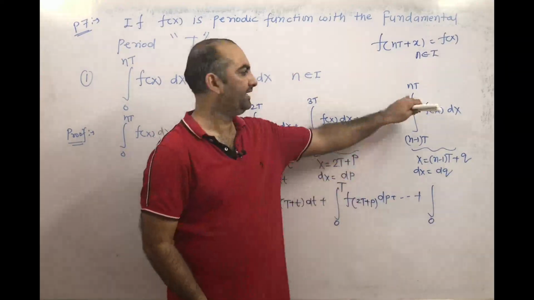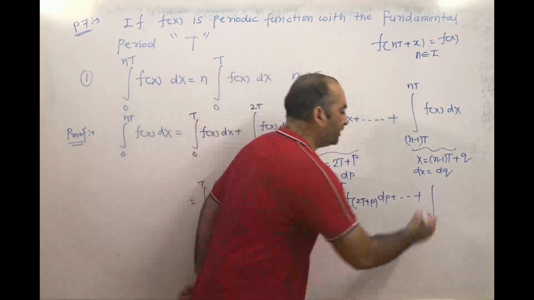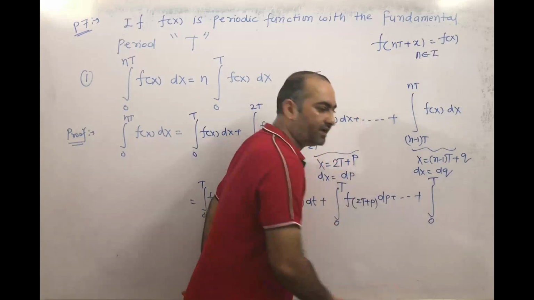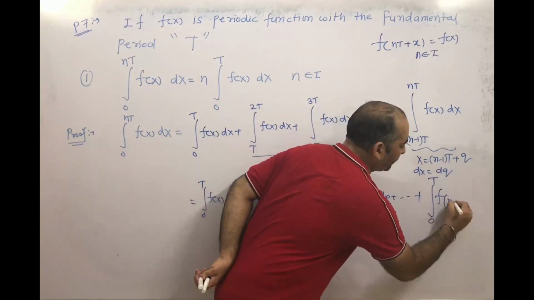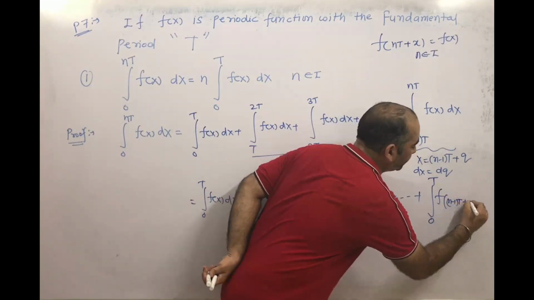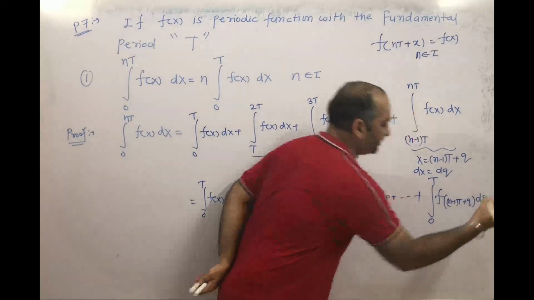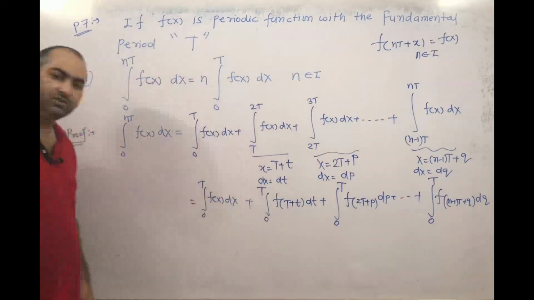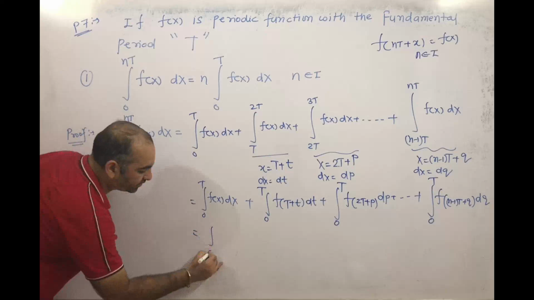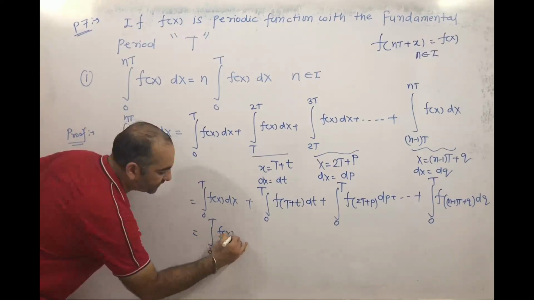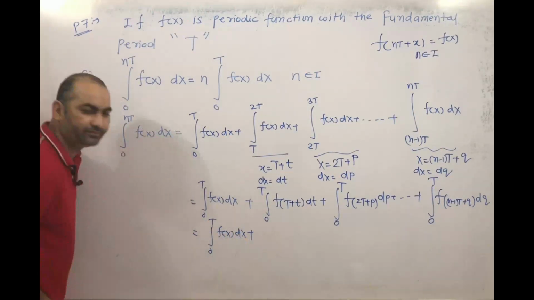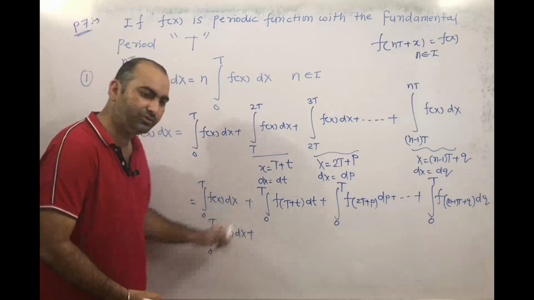And if I put nT here, q value will be capital T. This will come out as f of (n minus 1) capital T plus q dq. Okay, so this will come out as integration 0 to T f(x) dx plus here integration 0 to T